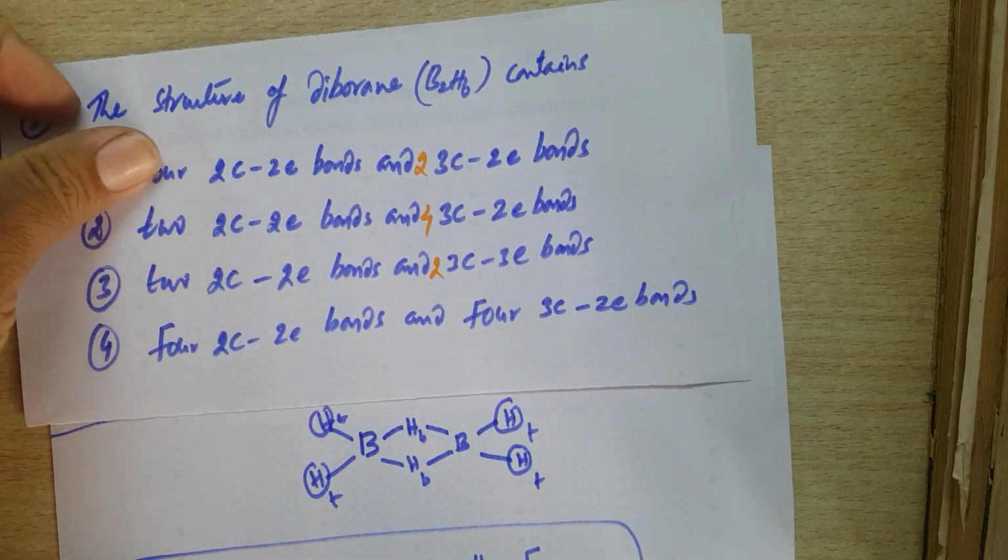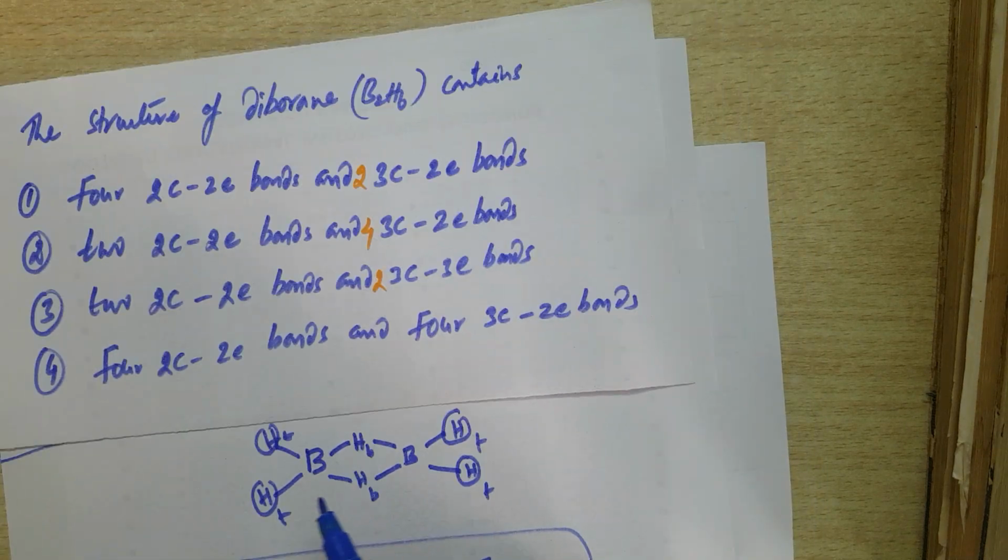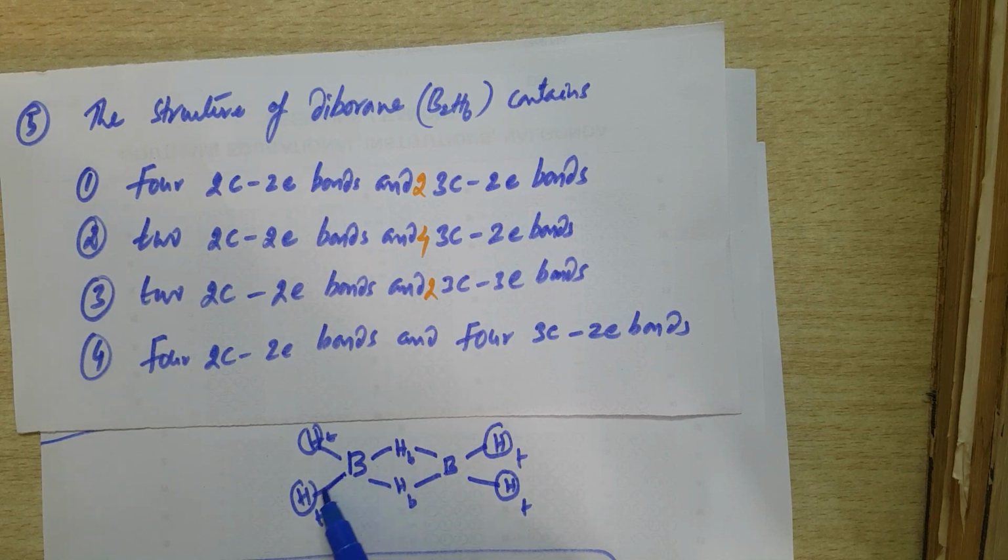Just see this structure, you can find the answer very easily. So this is B-H, B-H, B-H, B-H, only bond pairs here. And this one is what? Boron, hydrogen, boron, 3-centered but involving only a 2-electron bond. So boron, H, boron, boron, H, boron: 3-centered 2-electron bonds, and 2-centered 2-electron bonds.